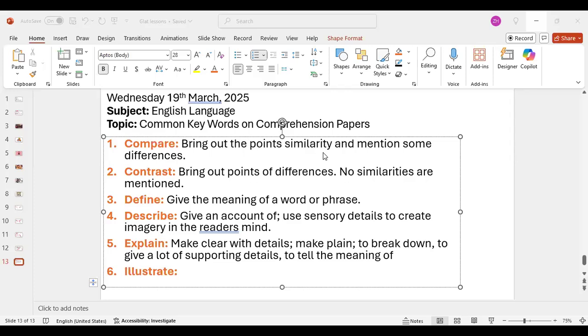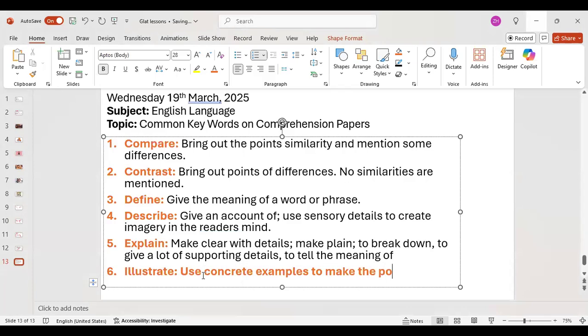Love, right? So illustrate means to make the point clear. So it means use concrete examples to make the point what? Clear. Okay. If I say illustrate how